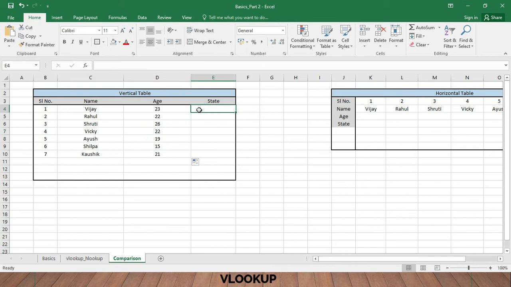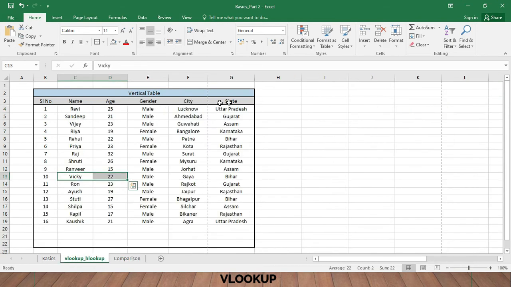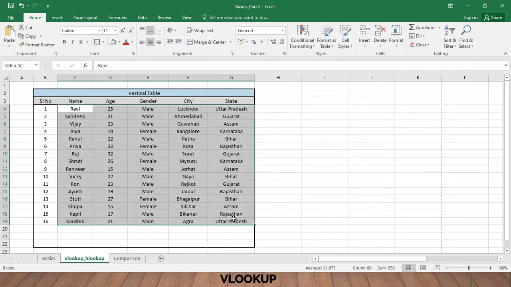Now similarly, what we have to do is we need the state. So where is the state? State is here. Again, we are going to select this whole place in case you have missed out or you got confused. I am going to select this whole area. So my data starts from Ravi, ends at Uttar Pradesh. Now in this whole, what I was explaining is age was my second column as per this selection. Same selection I'm going to do, this time the state is in the fifth. 1, 2, 3, 4, 5, fifth.